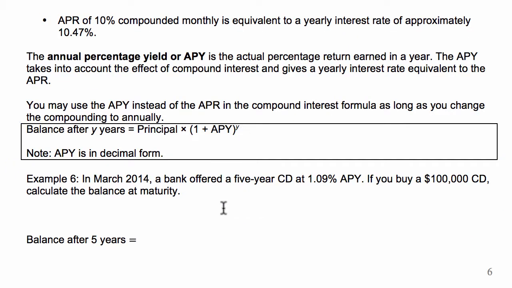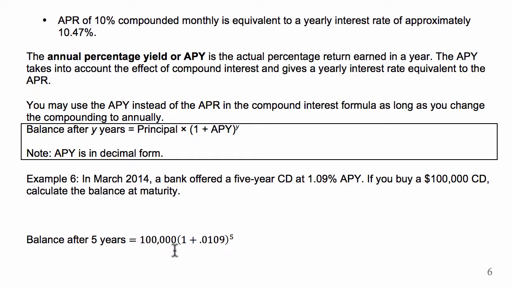Example 6. In March 2014, a bank offered a 5-year CD at 1.09% APY. If you buy a $100,000 CD, calculate the balance at maturity. Since we are given APY instead of APR, we will use the compound interest formula that uses APY. We get the balance after 5 years is equal to